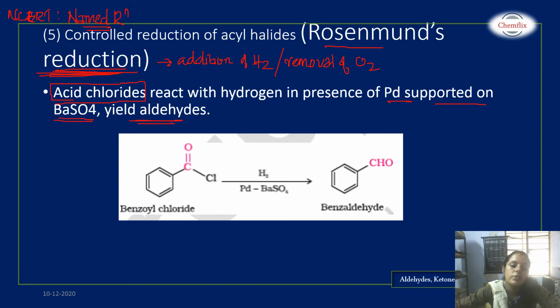You are taking here benzoyl chloride, that is the acid chloride. You can see this part, RCOCl, C double bond O, Cl, this is an acid derivative. So benzoyl chloride, upon reduction in the presence of palladium on BaSO4, gives CHO, benzaldehyde. I will tell you a trick. The trick is to think about ROS.